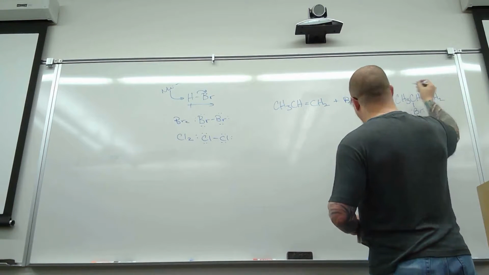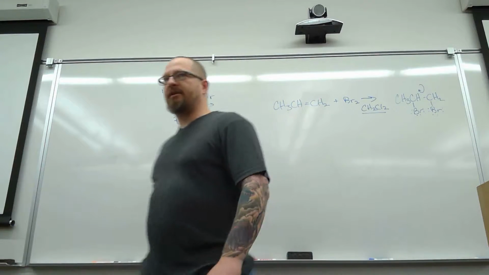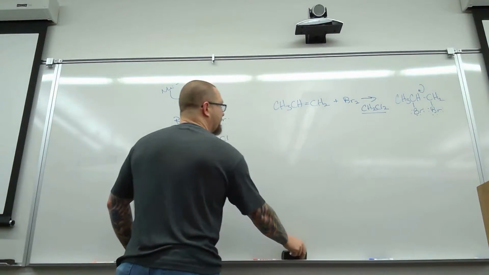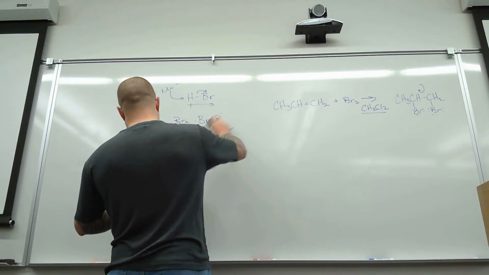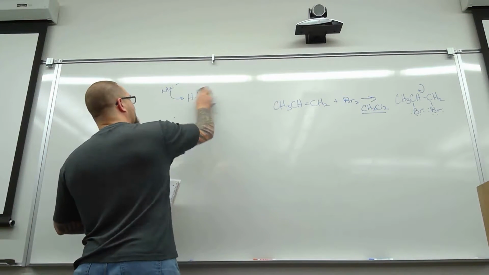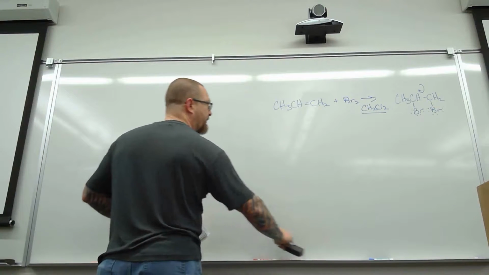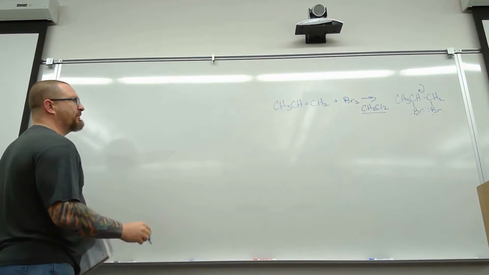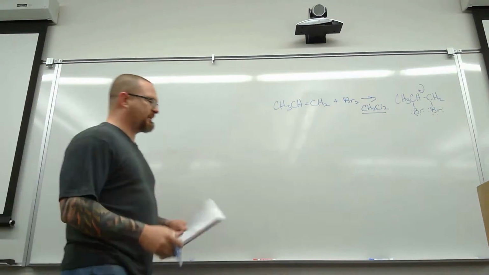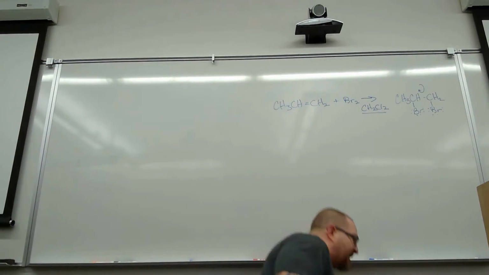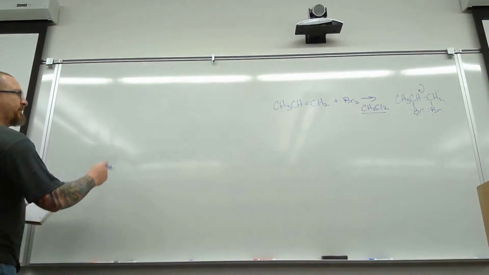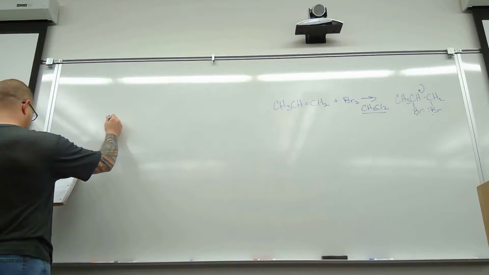And we have freedom of rotation around that bond, so I'm not showing any kind of stereochemistry in the product. Now, this is called a vicinal product because we have both of the bromines right next to each other. Let's look at how this happens mechanistically, and we'll be able to get some of the advantages of this approach in just a second. So let's say we've got